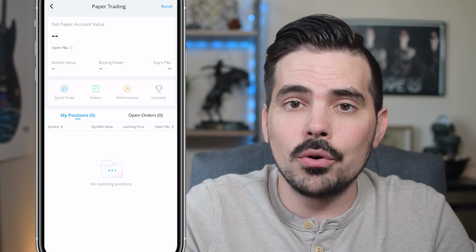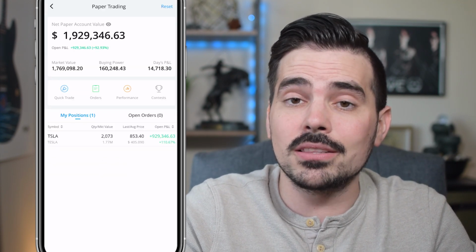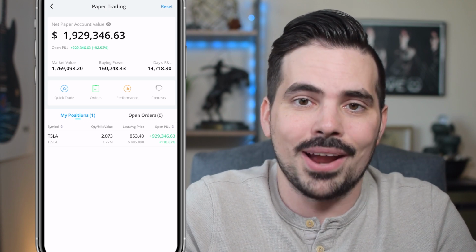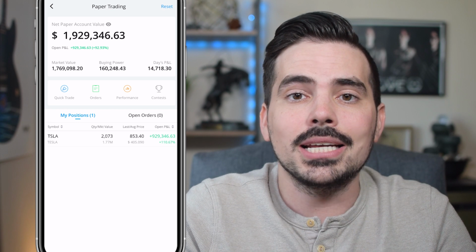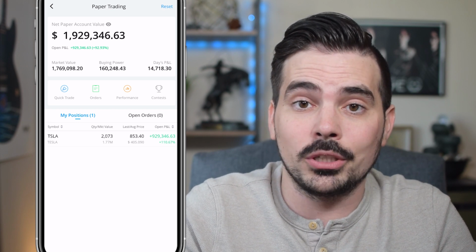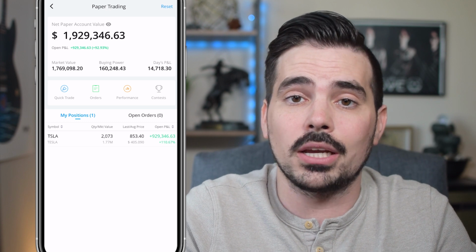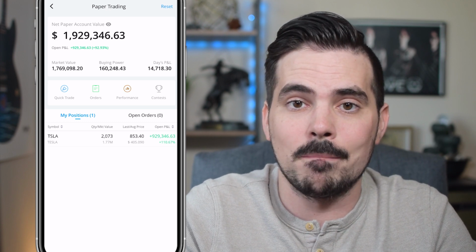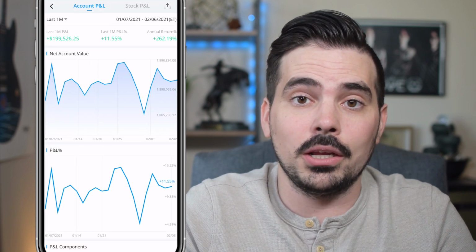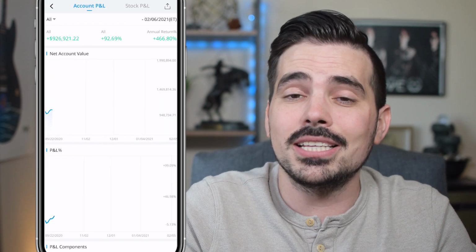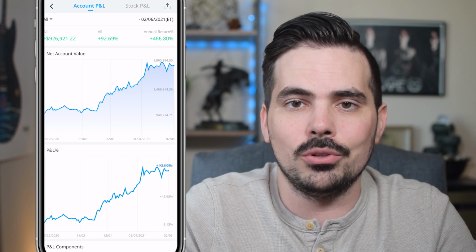Now, a great pro when using Webull is the fact that they have paper trading available, and this effectively allows you to pretty much practice in the market with fake money to actually see what happens with real data in real time. And I really like this for a lot of users, so that way you can kind of get an idea of what it's all about. Now, there is also margin trading available on Webull, so if you are somebody who likes to go through and use margin, this is going to be one app for you that you can utilize that with.